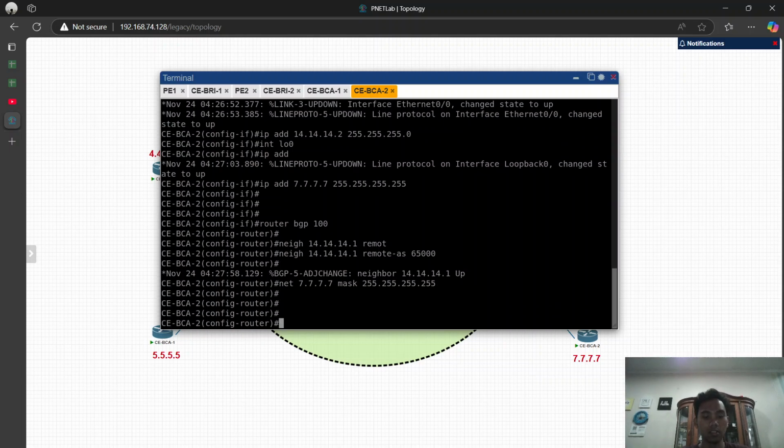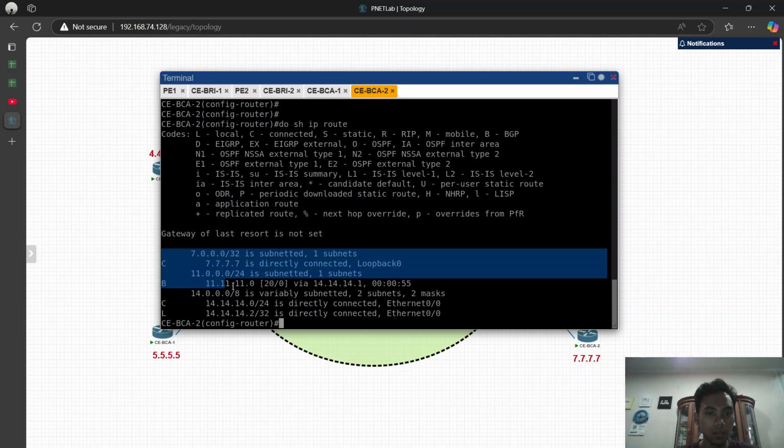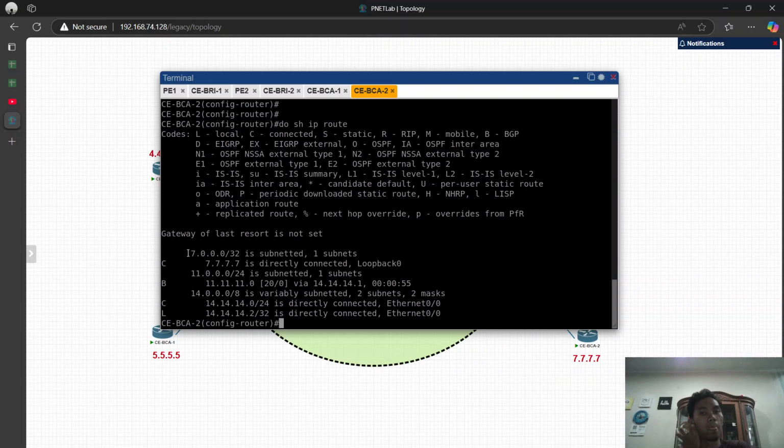Okay, so now we will do show IP route. Gonna check the configuration. Okay, there is the network 7.7.7.7 and 14.14.14.0. So the router CABCA2 is connected to the 7.7.7.7, which is the CABCA1.